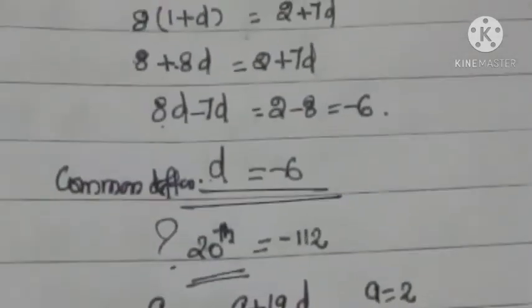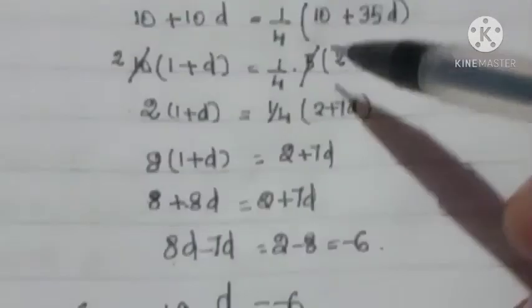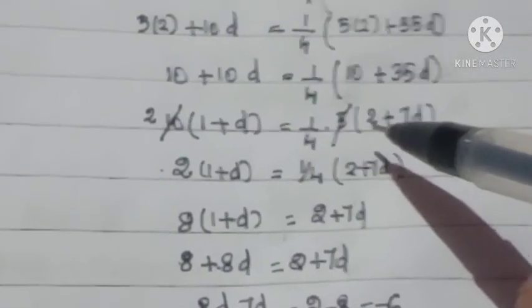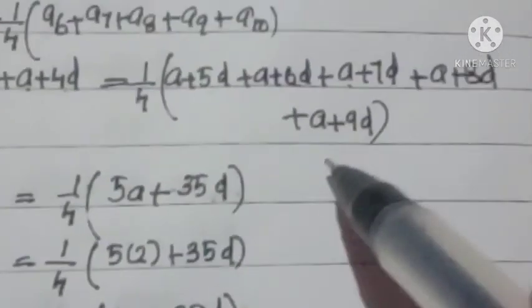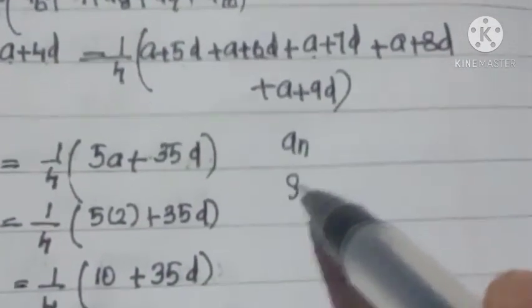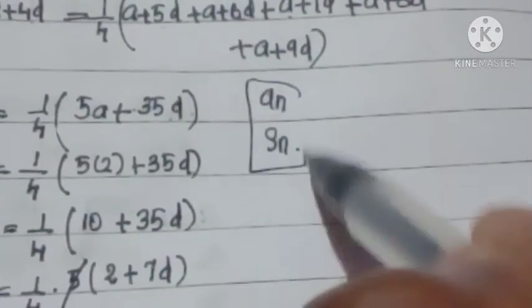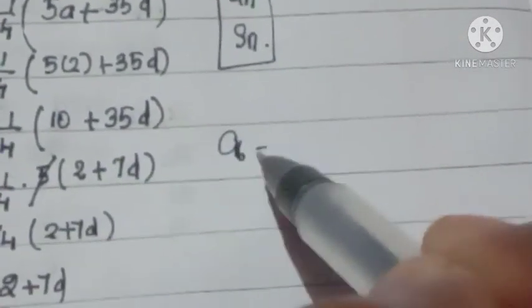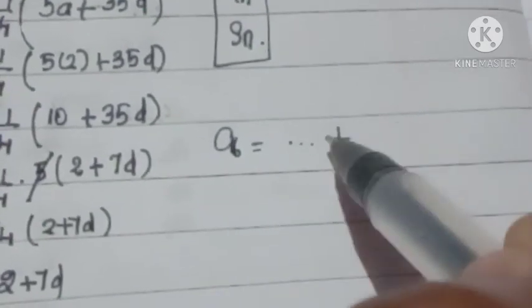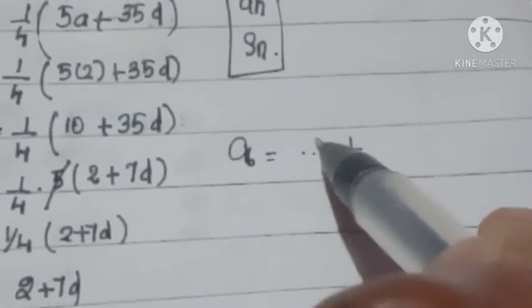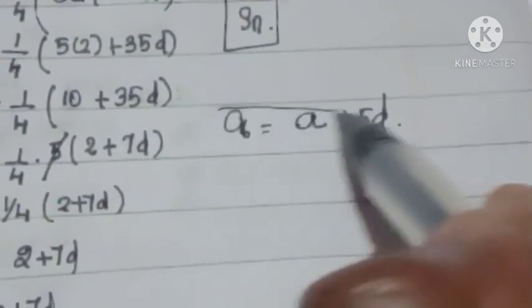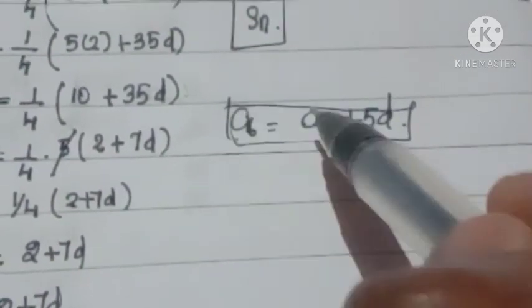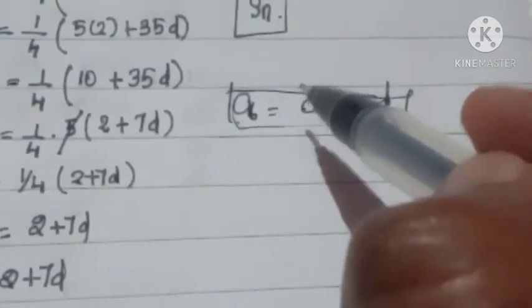We proved it. So only the simplification procedure is needed to find the required answer of the given question. So learn by heart both the formulas, An and Sn. And you should also know how to convert the sixth term in terms of A and D. That is, A6 can be written as A plus 5D. This sort of conversion you should know, to do all the problems.